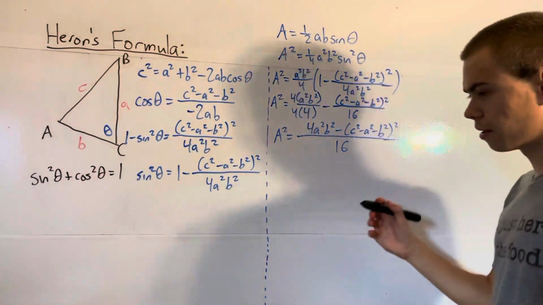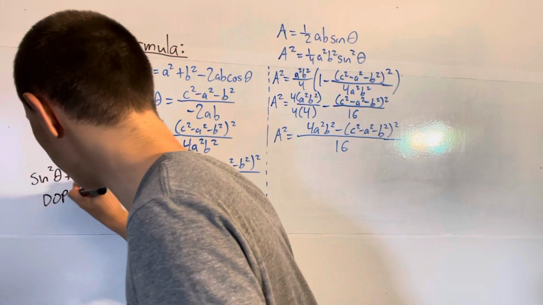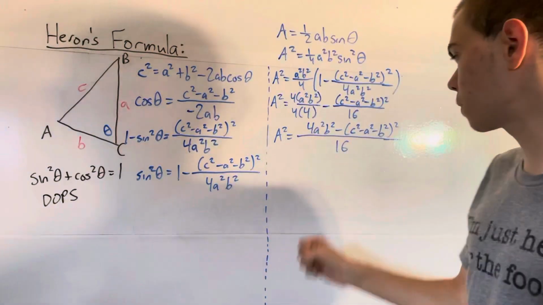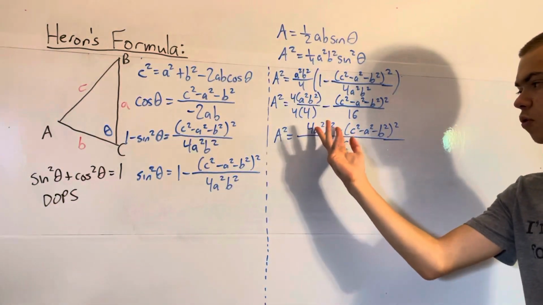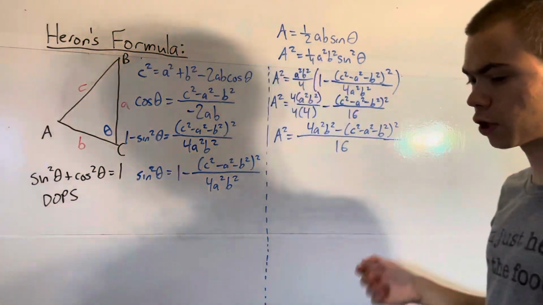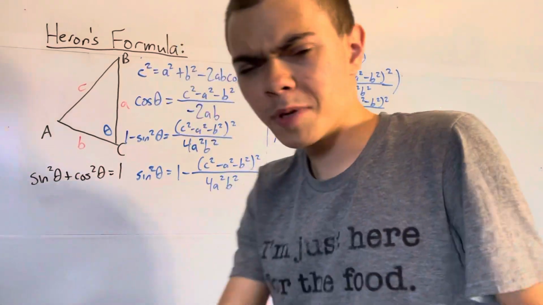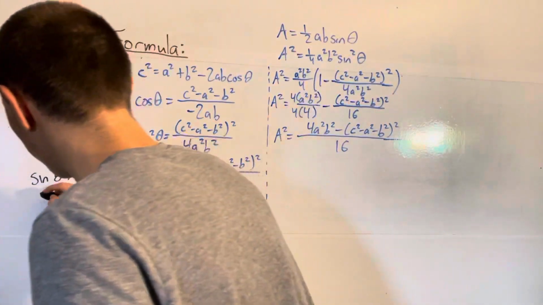Believe it or not, there is a difference of perfect squares here. A difference of perfect squares. So you see, this term squared minus this squared. It's a difference of perfect squares. In fact, the idea of difference of perfect squares, I'm assuming you know this, but the idea is that if